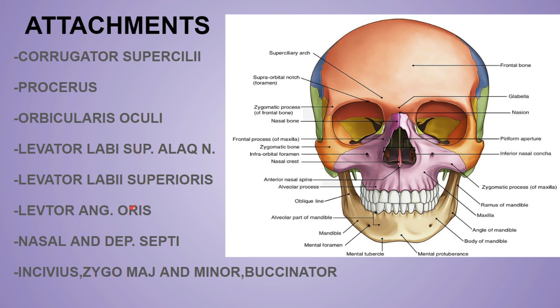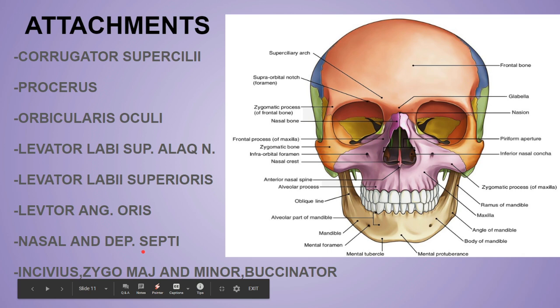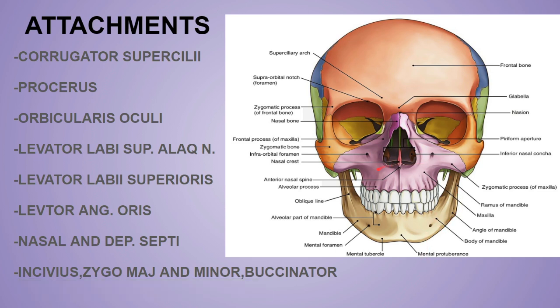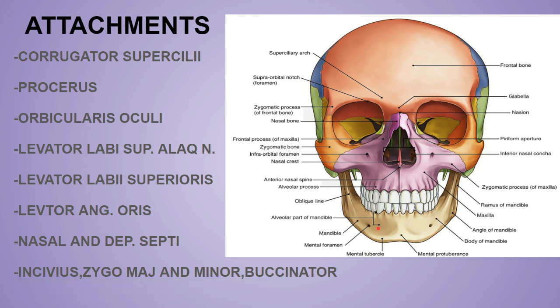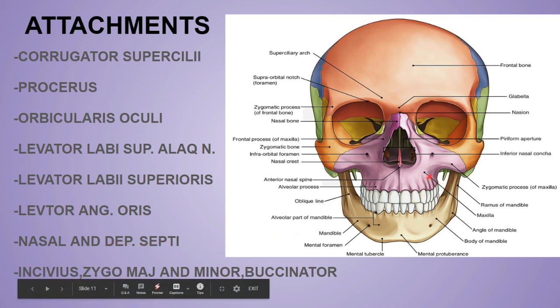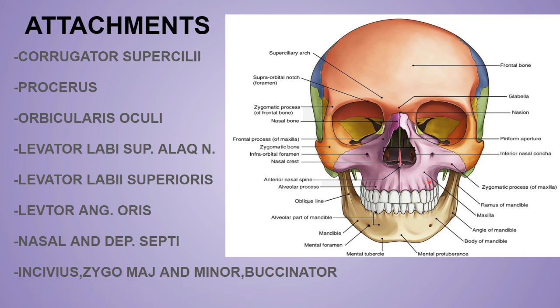Then nasalis and then depressor septi. It mainly arises from the canine fossa. The canine fossa is actually present lateral to the canine eminence. Now the incisivus muscle arises from the area of the orbicularis oris. If you remember in my muscle video, I told you that the orbicularis oris muscle bounds the whole lips part. So it forms a part of the orbicularis oris muscle and arises from an area just below the depressor septi. The depressor septi attachment was somewhere over here, the canine fossa. So just below the depressor septi, there will be the attachment of the incisivus.